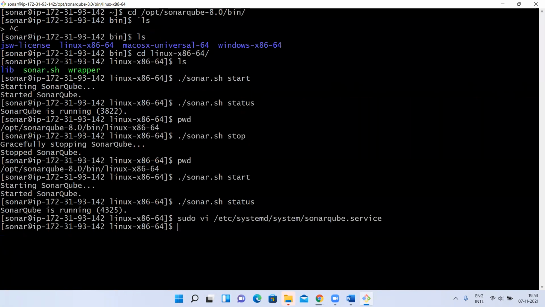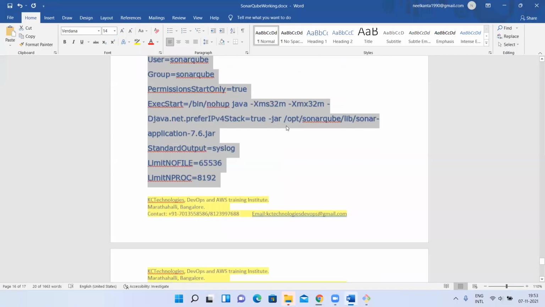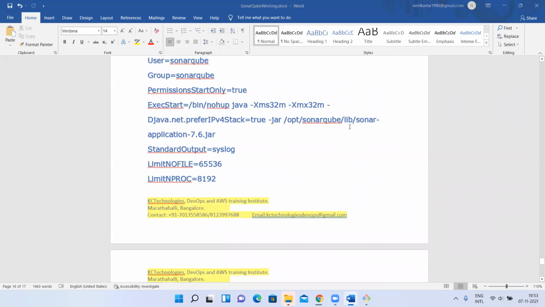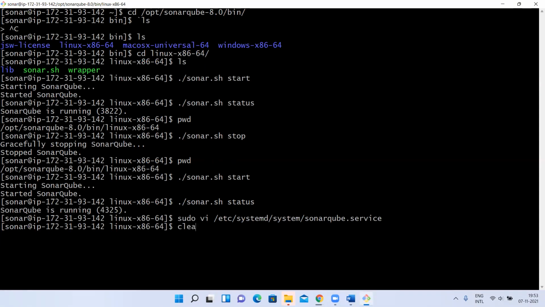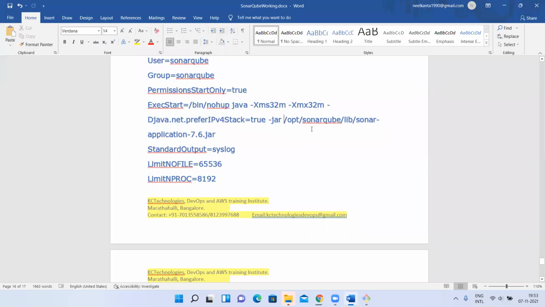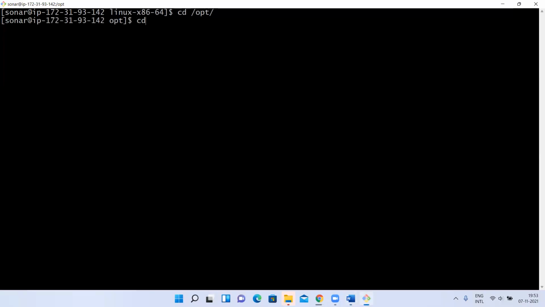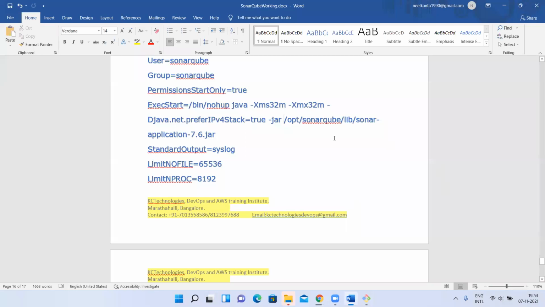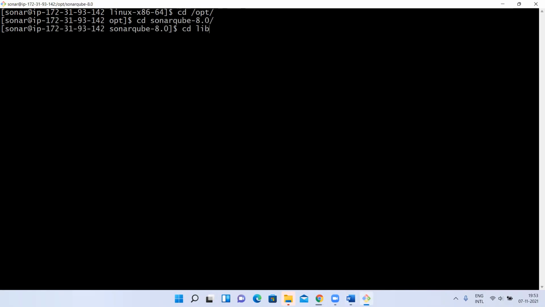But one thing you have to give here is one jar file you have to mention under /opt/sonarqube. So let's get into that directory: cd /opt, then sonarqube, then the lib directory.